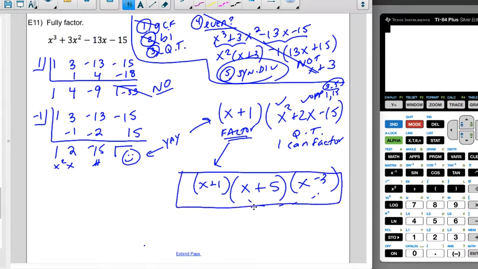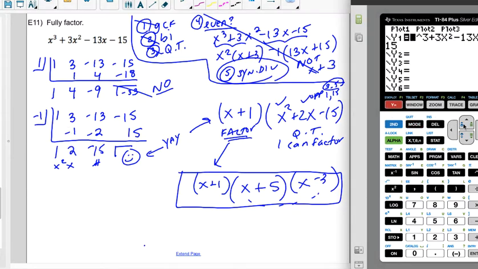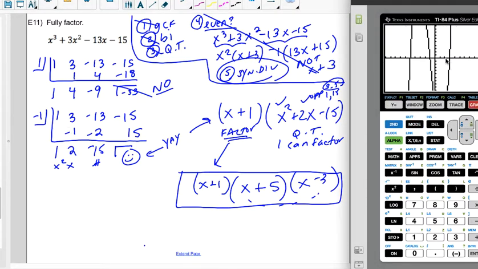Now, if I were having trouble figuring out my first guess, I could put this in the calculator. If I go to y equals and hit graph, you'll see that I can see with my eyeballs that -1 works as a factor, so does -5 rather, and so does 3, right? I can see those factors. It's not always going to be the case where all of your factors are super nice and friendly, but here they were all pretty nice factors. So let's go ahead and try